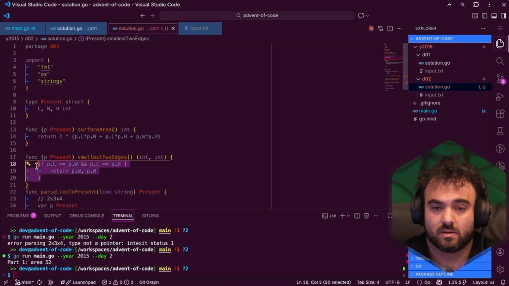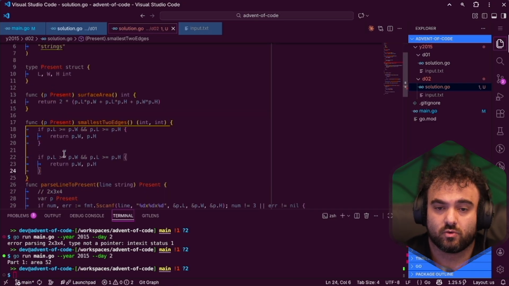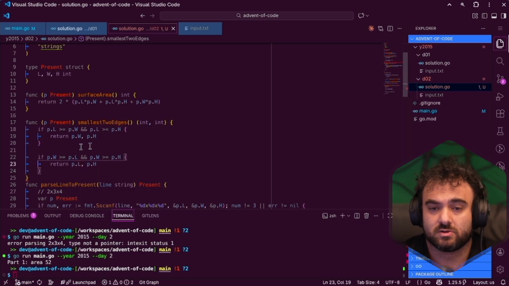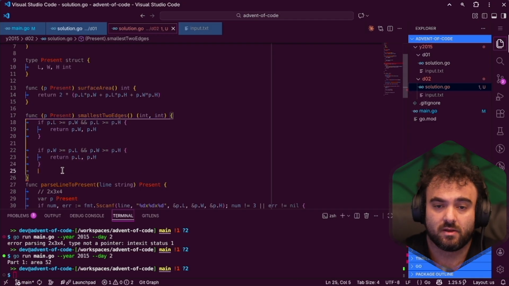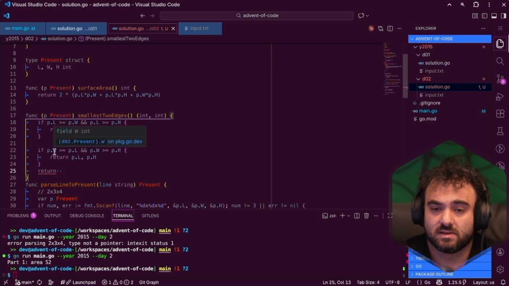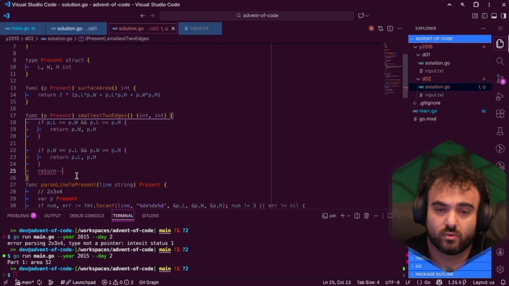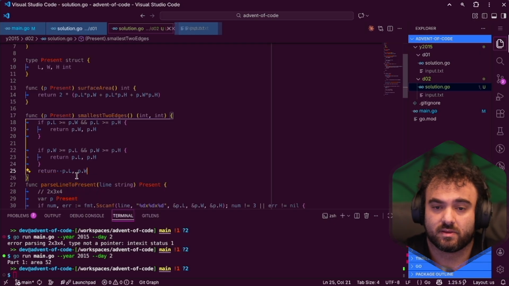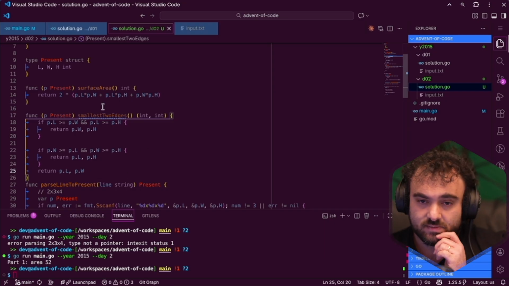So the same we do if we compare the width with the length and then the width with the height. If so, we return the length and height. So this is bigger than this one and this one, so both of these are smallest. Otherwise, the last option is the height is the longest, so we take the length and the width. Okay, so this is the smallest 2